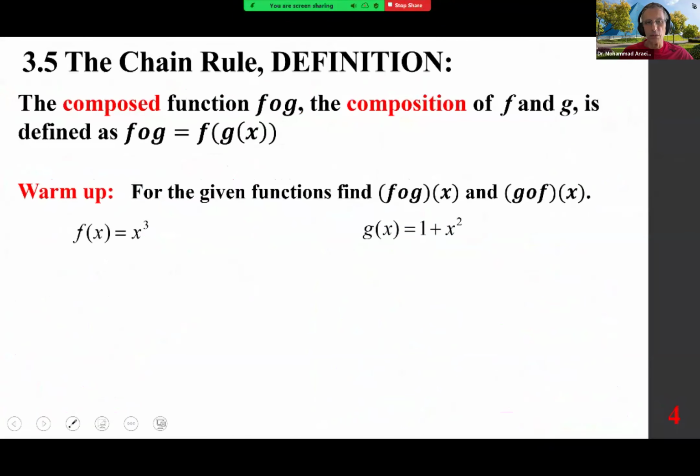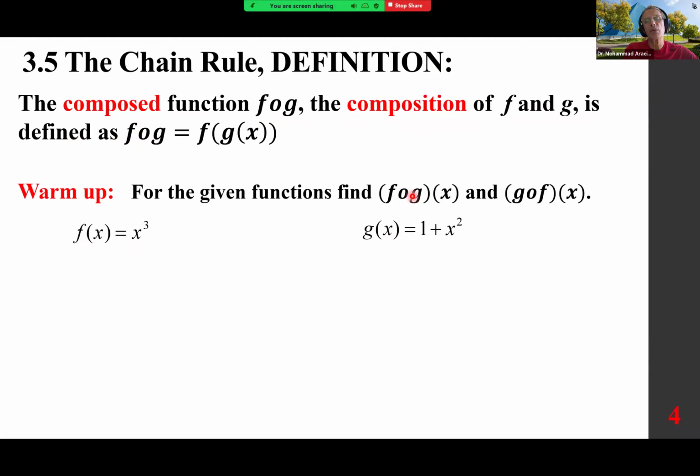intermediate variable. So to make some sense out of this, let's remind everybody of the composition of functions. So 3.5, the chain rule definition. The composed function f of g, the composition of f and g, is defined as f of g of x. If f of x is x cubed and g of x is 1 plus x squared,